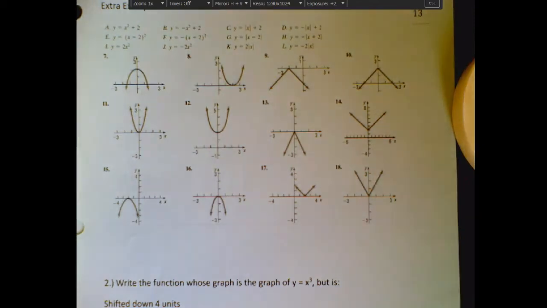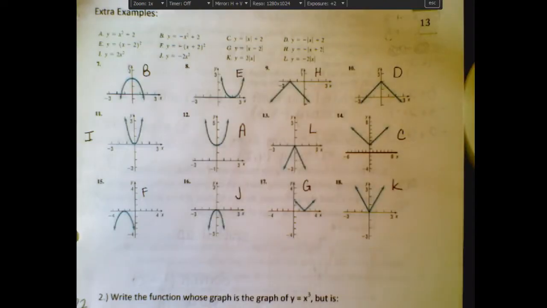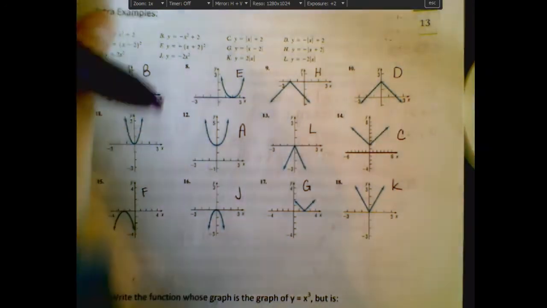This first extra example with all of these transformations, I'm going to put the answers up here and take a look at these and go from there. If you have any specific questions on them, just shoot me an email and I can answer them. Next example